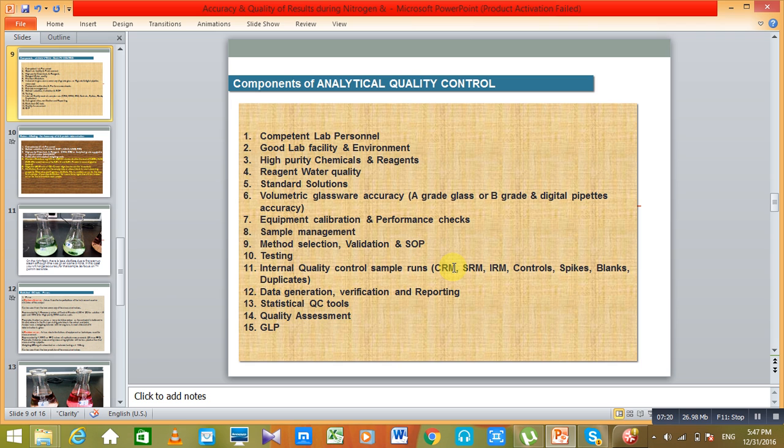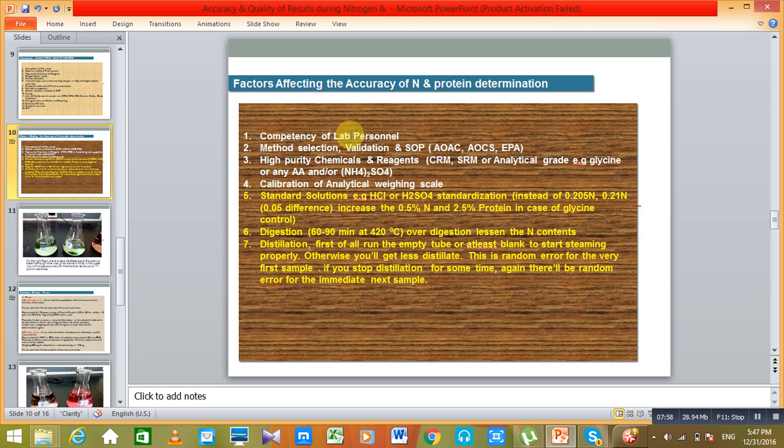This slide shows different components of AQC, analytical quality control. AQC is the set of measures or set of activities that ensure the quality of data. So this slide shows the components of AQC. AQC components are normally needed for all laboratories. Here I have discussed in general, but the next slide will show the factors affecting the accuracy